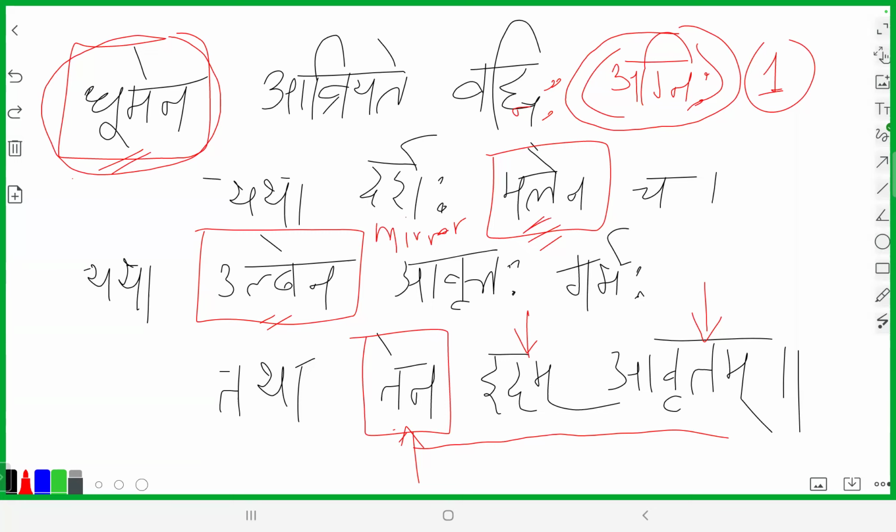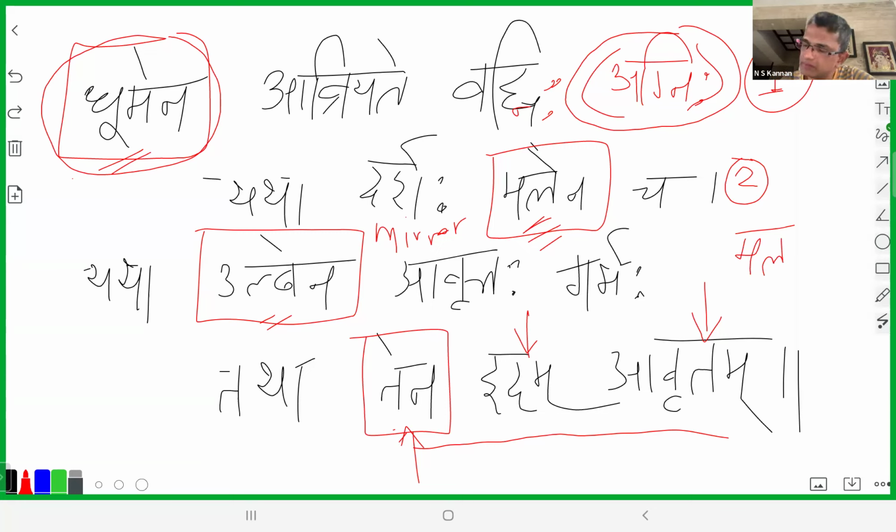Yatha darshaha, the mirror, is covered by dust. Now this is the second level of covering. Adi Shankaracharya calls it the second level of covering. Why is it the second level? If there is dust on a mirror, you just blow at it, and it doesn't go away. You have to take a cloth and wipe it. Yatha darshaha malena cha, that is what this is. Pratipadika is mala, malam, as in dust, filth, dirt.